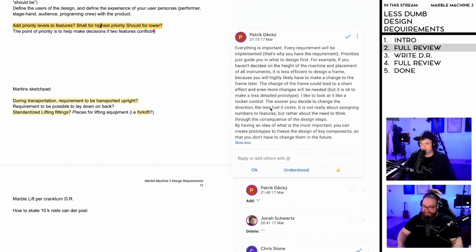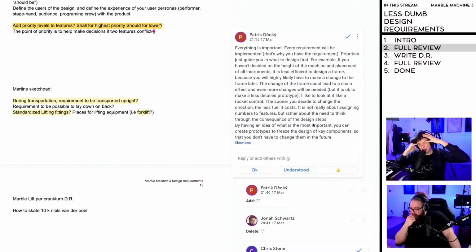The sooner you decide to change the direction, the less fuel it costs. It is not really about assigning numbers to features, but rather about the need to think through the consequence of the design steps. Ooh, that's brilliant, Patrick. So what I've been thinking about is, if I isolate how important the programming wheel is compared to the double marble gate, blah, blah, blah, it's like, if I make a number here, it doesn't tell me anything. And I just learned why. It's not really about assigning numbers to features, but rather about the need to think through the consequence of the design steps, which means that